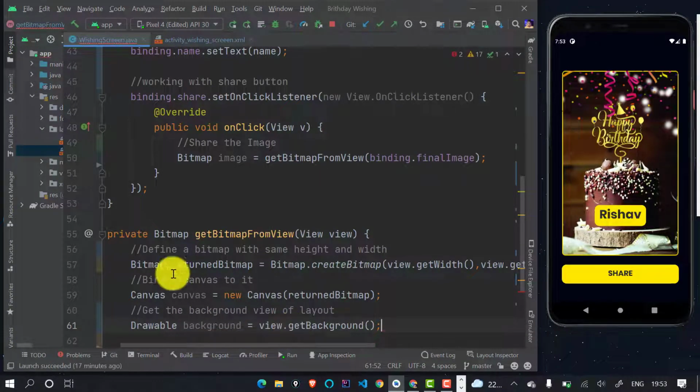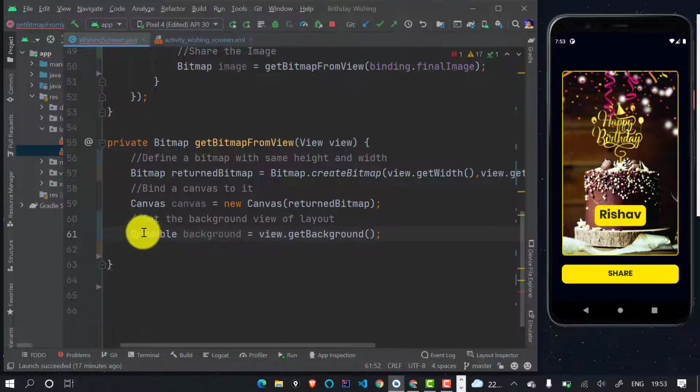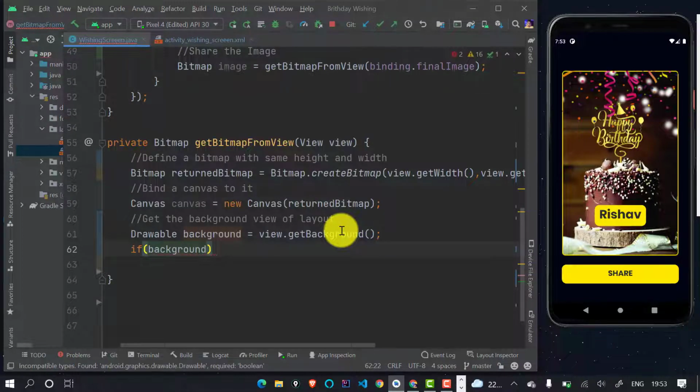So it will get the background and store it inside the drawable, that is background. Now I have to check one thing, that is if the background is not equals to null. So I will enter this condition, and else